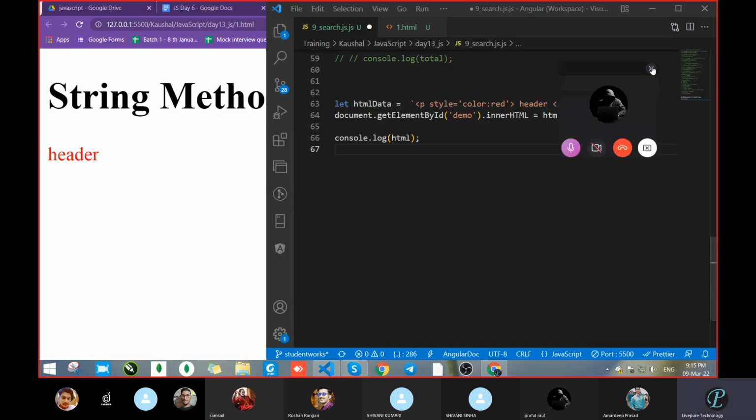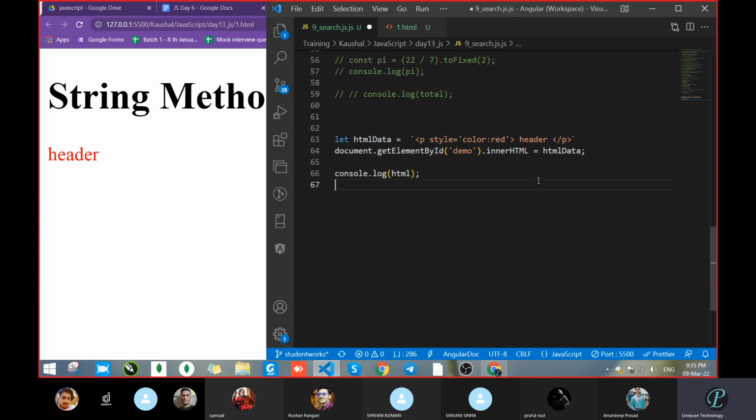So this way we can pass any HTML code from JavaScript, with the complete tag. Maybe you think that if we wrote this as a string, it would have to be displayed on the HTML also as a string, meaning complete text. But no, it takes whatever HTML tag is available. The tag will take effect: H1 will be bold, P will be normal.